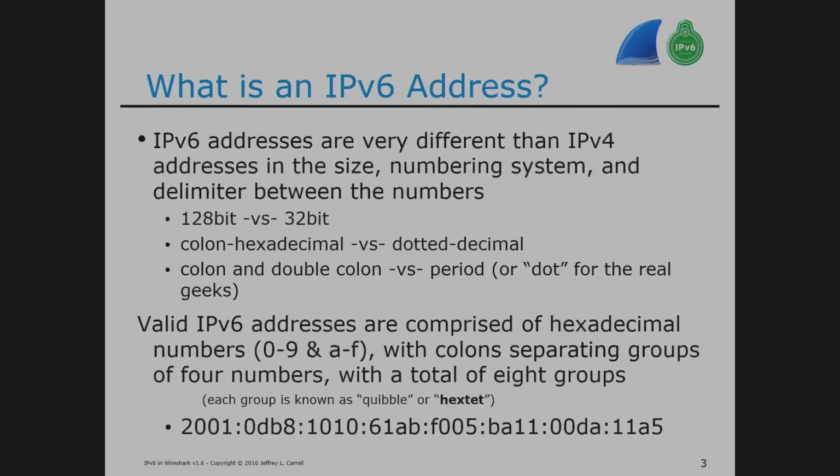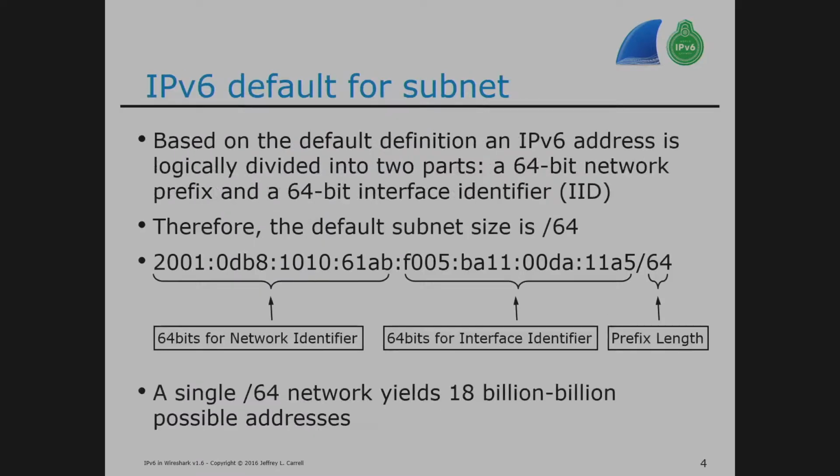All right. So the big address: colons, 16 bits between colons, 128 bits total, and we call these hextets, each 16 bits, okay? The big thing that we need to know in the V6 addressing is that the minimal, smallest network size is a 64-bit network prefix. So that means you're going to have 64 bits of host ID, 18 billion billion possible addresses in that 64 bits. So everybody just starts wigging out.